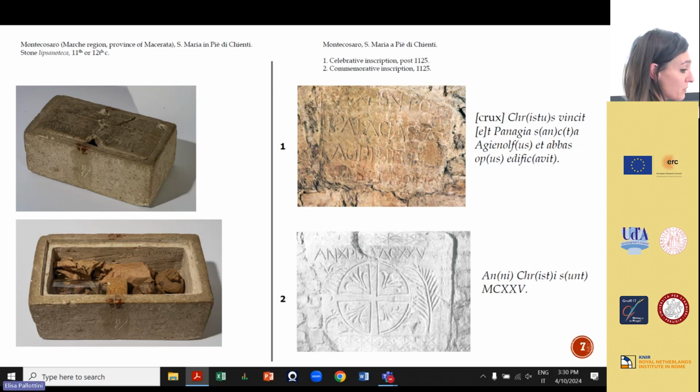So despite these difficulties, we can still be sure that the names were written by different hands at different times, perhaps on occasions of 2 different consecrations, and date to between the 11th and the first quarter of the 12th century. After this period, the practice of writing one's name down onto the Lipsanothecae, as well as an altar slab,